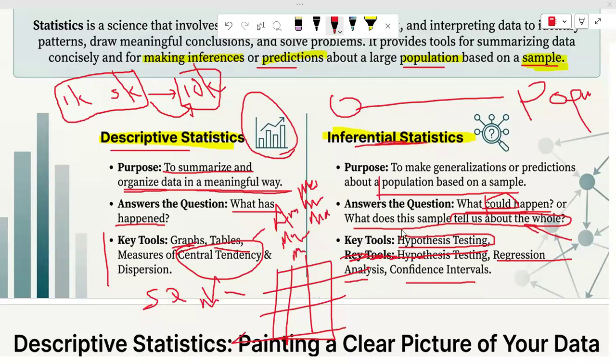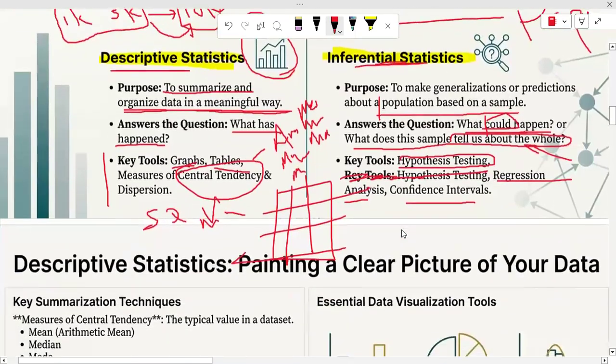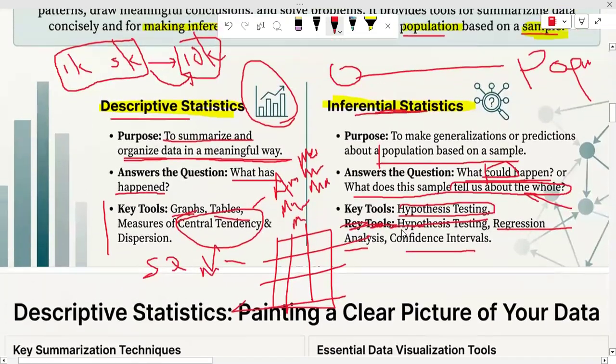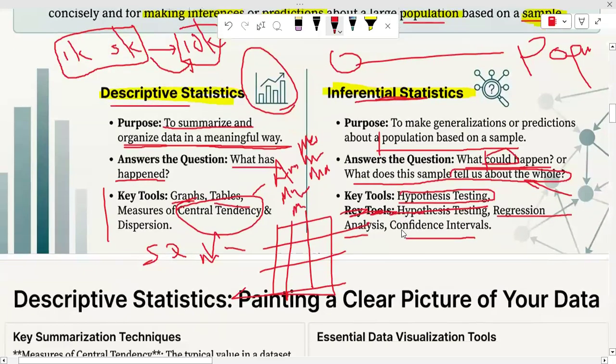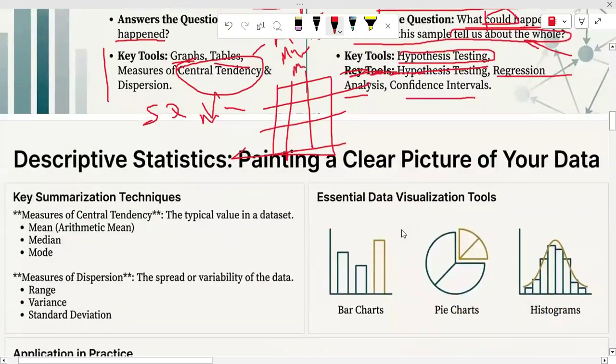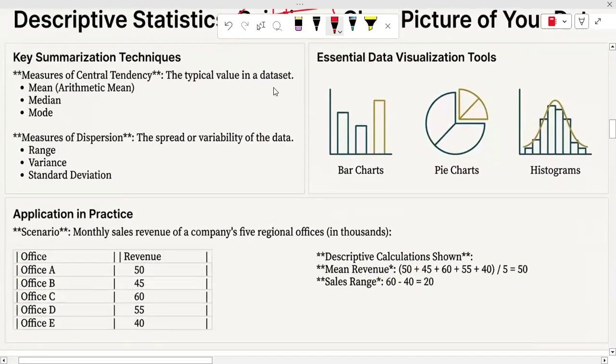Okay. Anything else? Is it clear? Yes, sir. Then we will do a small